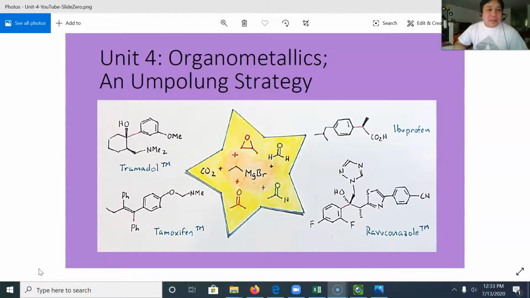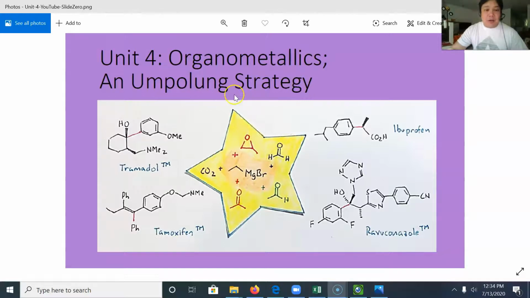Hi everyone. In this video we are going to start Unit 4, Organometallics and Umpolung strategy. And using organometallics is one of the best ways to make a carbon-carbon bond. And within the star I put 5 reagents that you could react an organometallic with to get a bunch of different products. This is also used in industry, and I have 4 pharmaceuticals that were made using this organometallic strategy